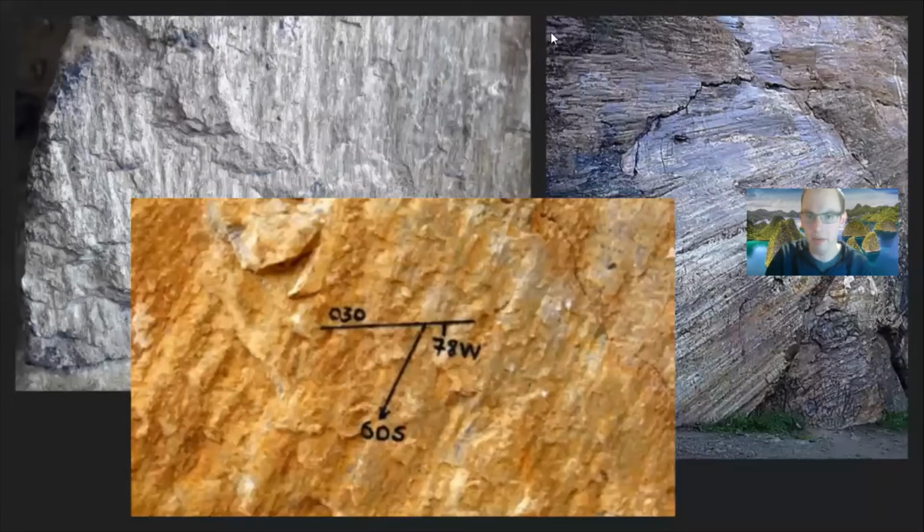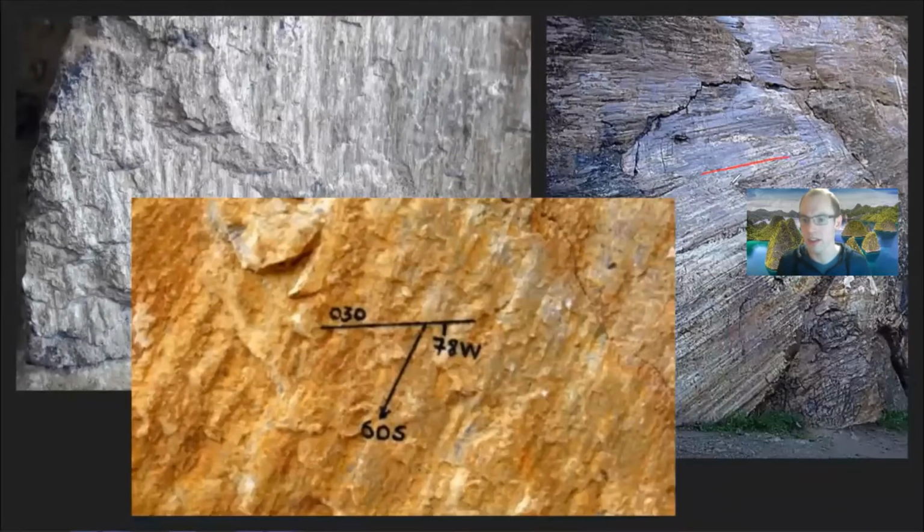I really like this diagram here because you can see the scratch marks that the faults have left as they've been sliding past each other. On this example on the right, you can kind of see that the orientation of those scratch marks is very much left to right, which kind of implies that those plates are moving past each other in this side-to-side motion here. Conversely, on these other two images here, you can see that these scratch marks are nearly vertical. These ones are slightly angled here. And you can see this is the geologist marking out these angles. And this implies that